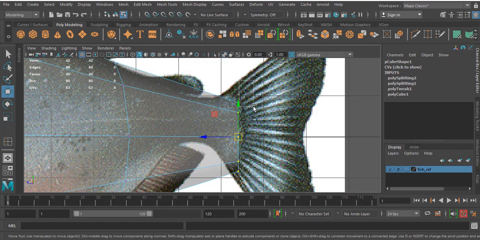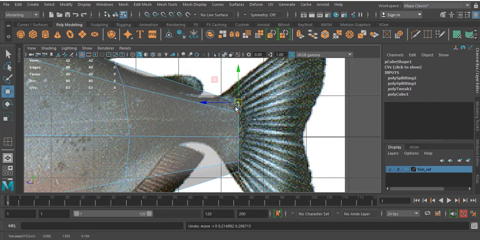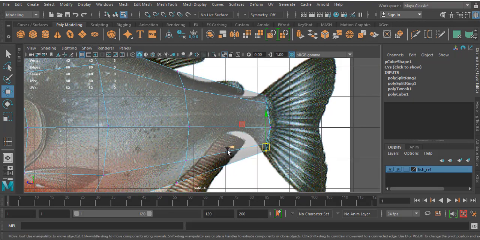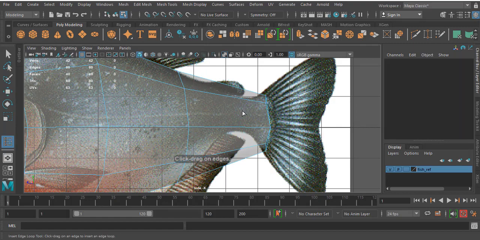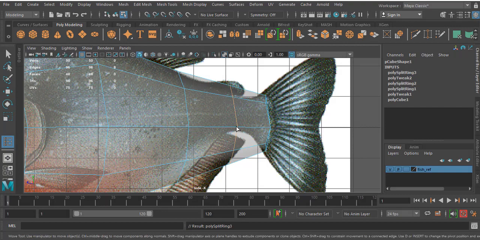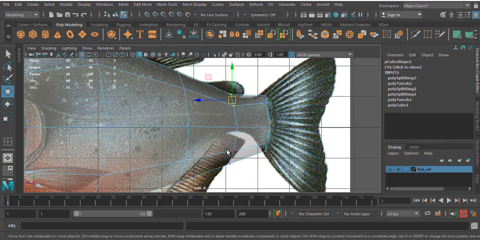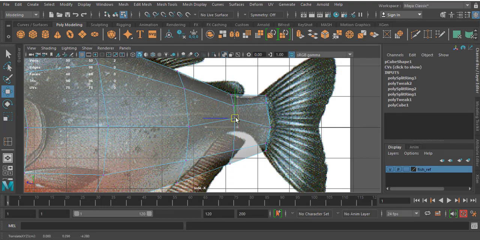So if you go to this side, you can use the Insert Edge Loop tool. It's a recent tool available over here. I'll select this slowly, select these vertices and move this over here.